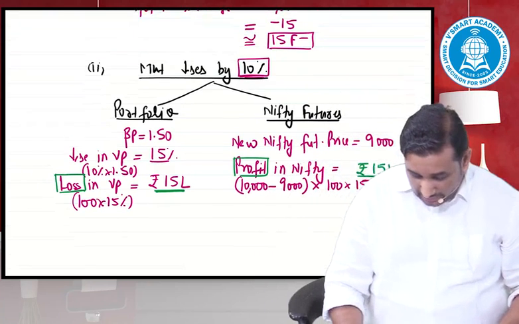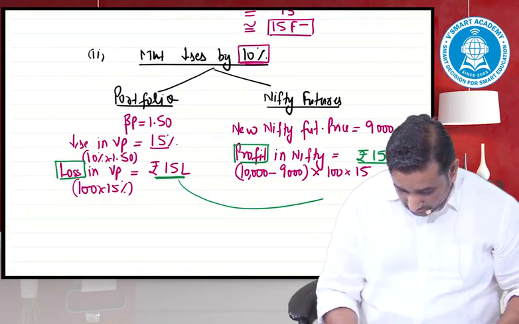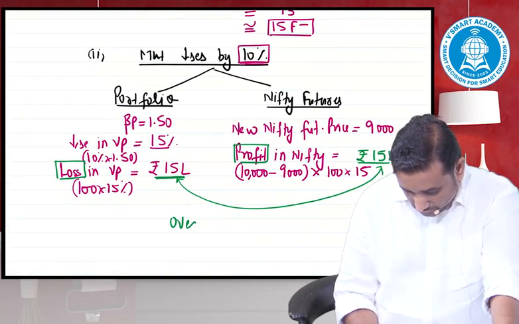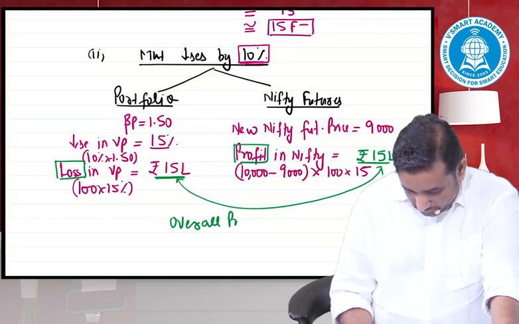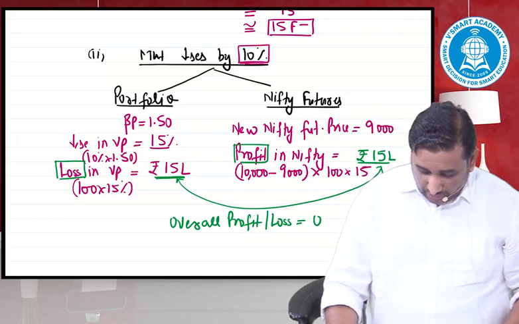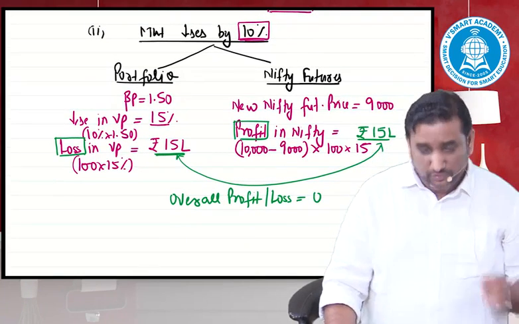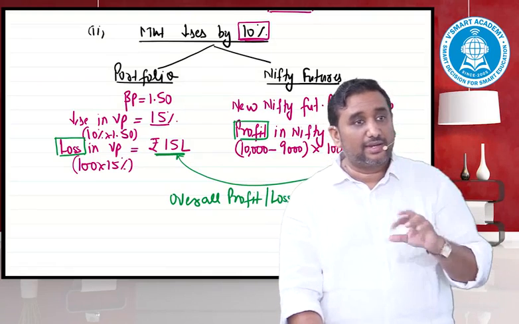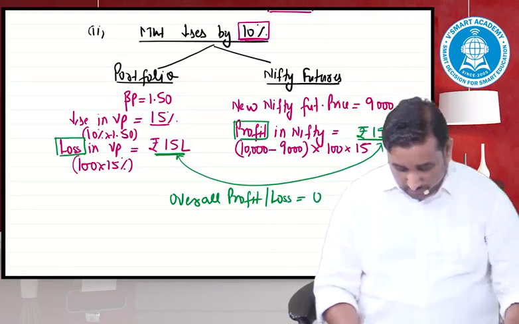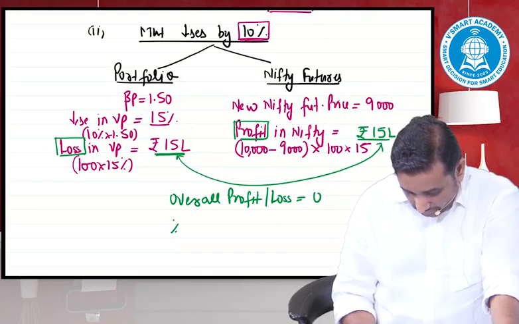That means my overall profit or loss in the portfolio becomes what? 0. How much was the value of my portfolio? 100 lakh. And I can say in 100 lakh, how much is my increase or decrease? Net effect comes 0. We call it as percentage